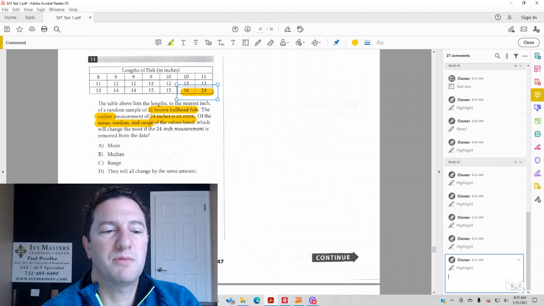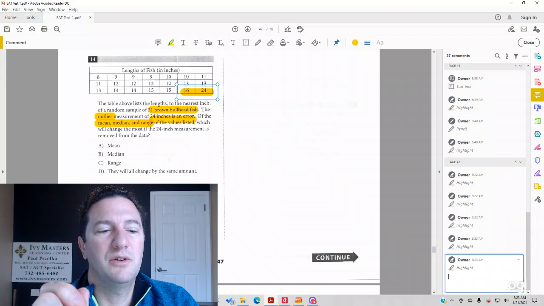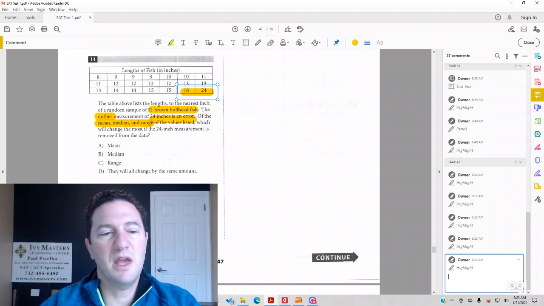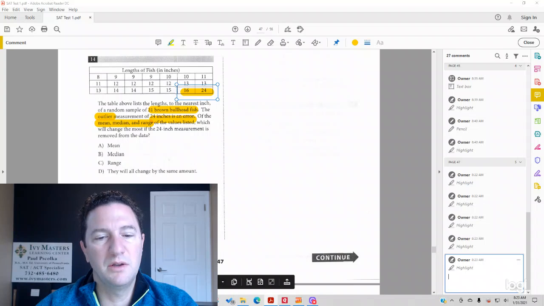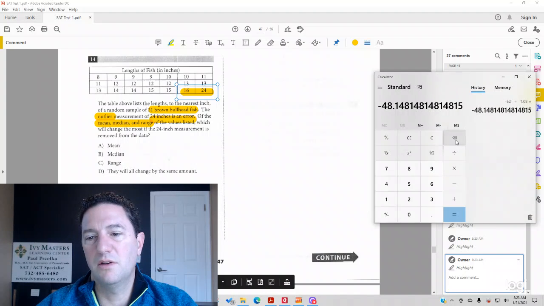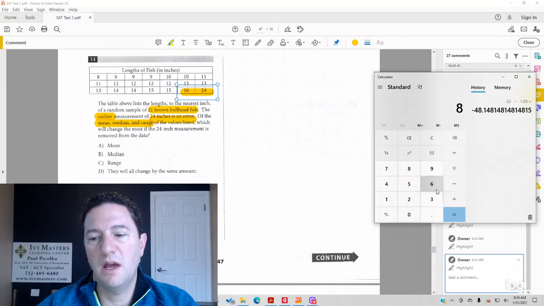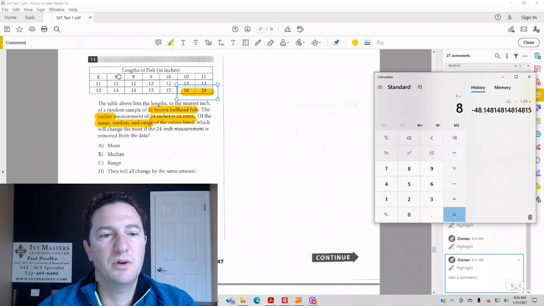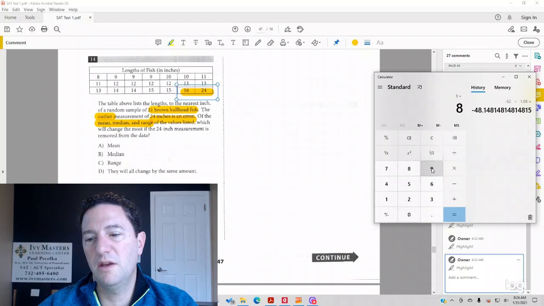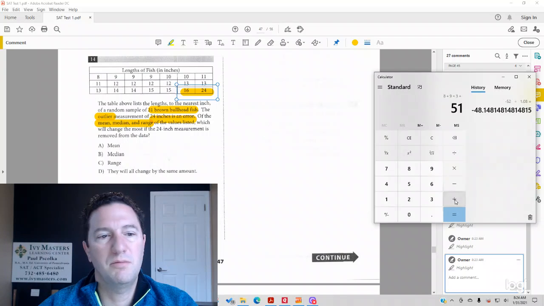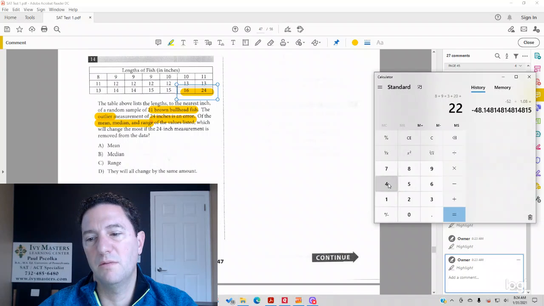We could go through this process just to make sure you remember how to do mean, median, and range. So answer choice A, if we are taking the mean, I'm going to use my calculator from the computer, but you guys have your fancy calculators. You have to add all the values: 8, plus, as a shortcut, 9 times 3, plus 20, that's 10 twice, plus 22, that's 11 twice, plus, we've got 4 12s, so that's going to be